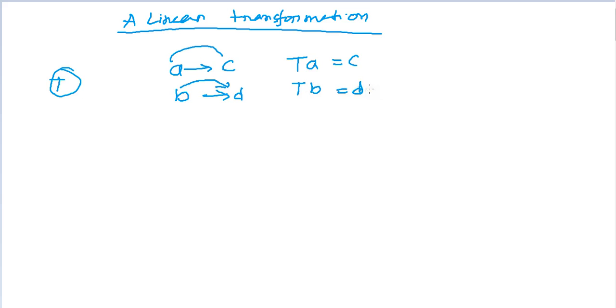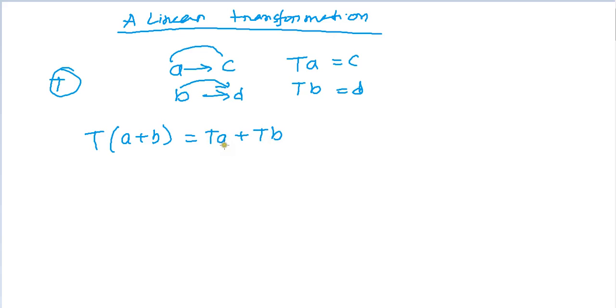We are interested here in discussing linear transformations. If the transformation process is linear, then we say T is called a linear transformation. So if T follows the following properties, then we say it is a linear transformation. If T transforms the sum of two vectors A plus B in such a way that T of A plus B equals T of A plus T of B,